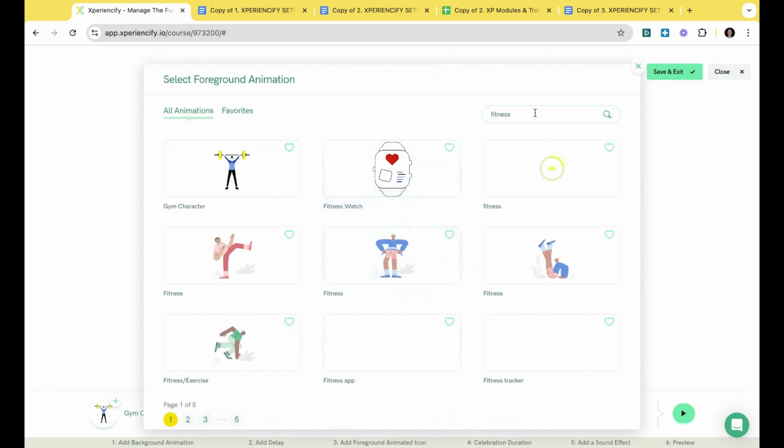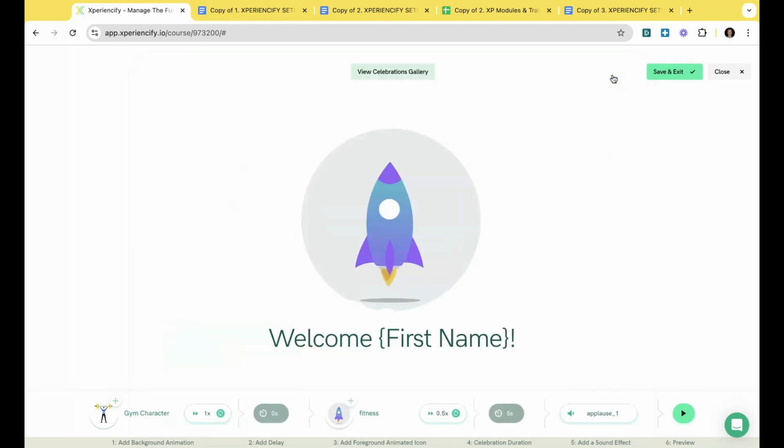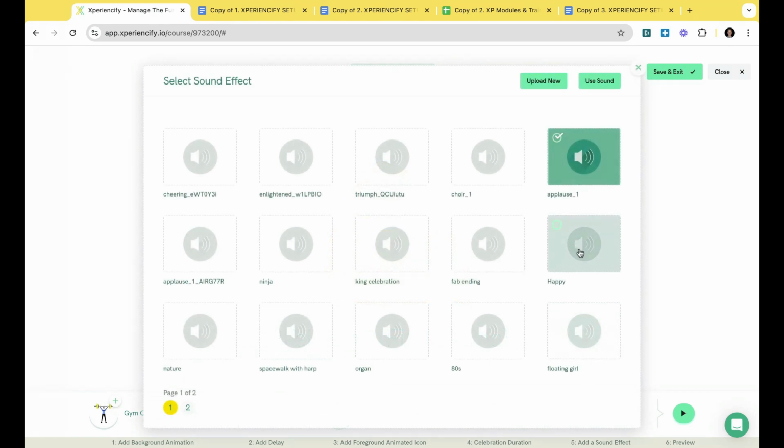Let's put another one in here. Everybody wants to be Mr. Strong. And rather than the applause, we could say the happy sound.